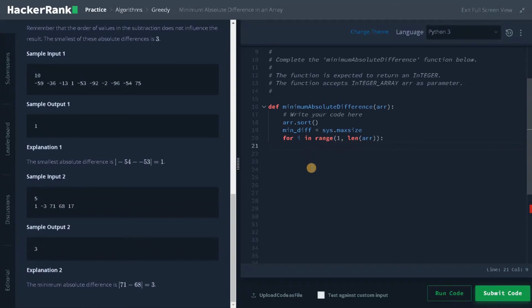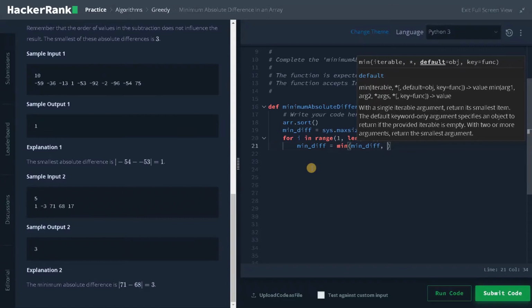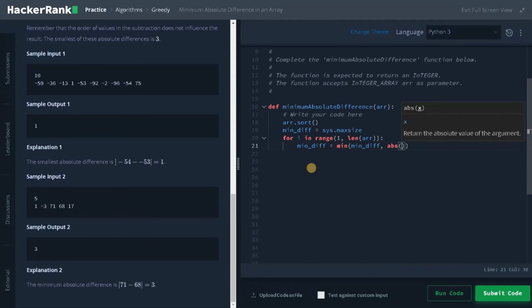What I'm going to do is min diff equals minimum of min diff comma absolute of array of i minus 1 minus array of i. This will find the minimum difference in the array. Finally we will return min diff. This will return the integer.